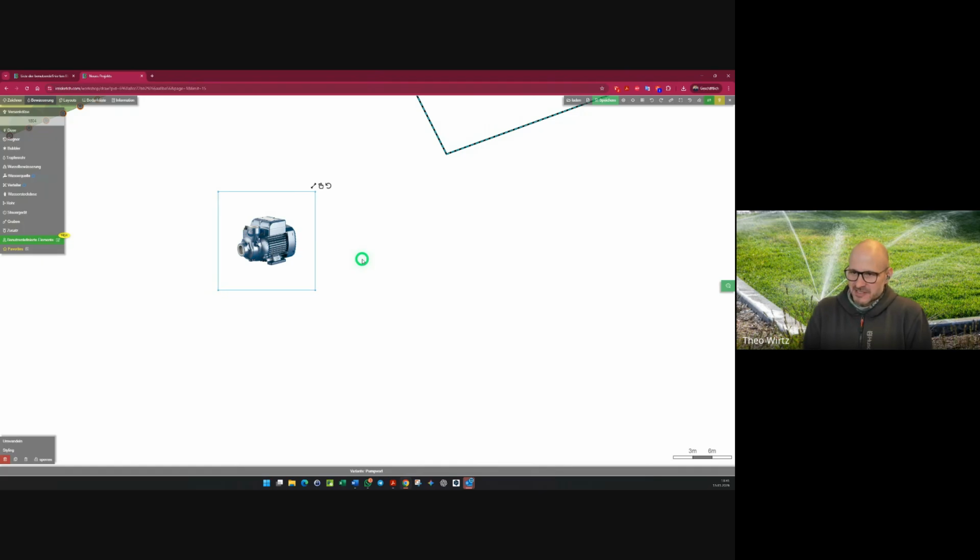And now you can, for example, go and say, I'll now take my water source and place it here. And this water source stands. Now for my pump, I click on the water source and enter a flow rate. So this is a pump that manages 2,400 liters per hour. That's then my value, which I can later distribute. Click on that, apply, and then I'll also make a